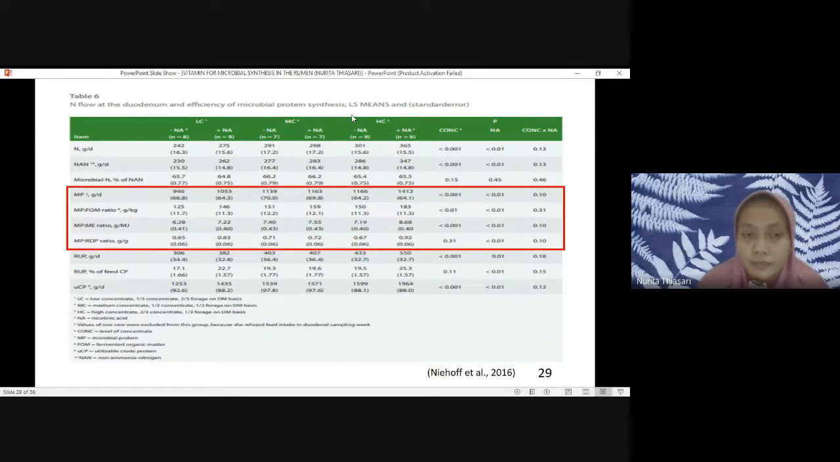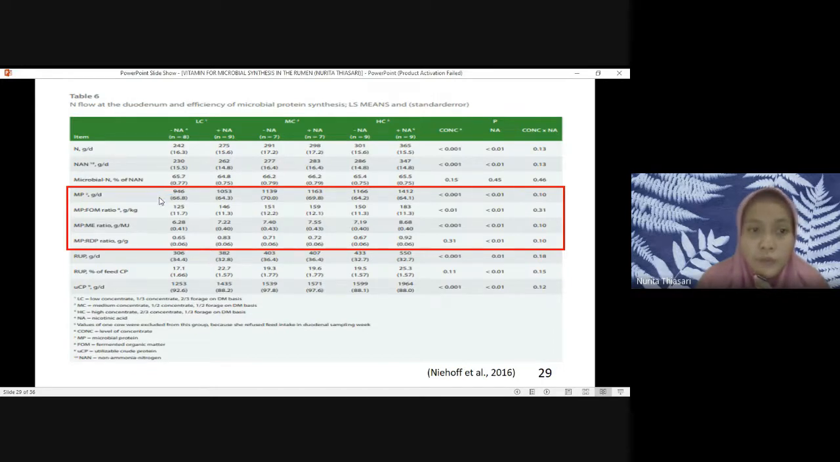And this experiment is about the difference in the concentrate ratio. So the low concentrate, and then this is medium concentrate, and the high is the high concentrate. We compare with and without addition of the nicotinic acid. So we can see in here for the microbial protein,